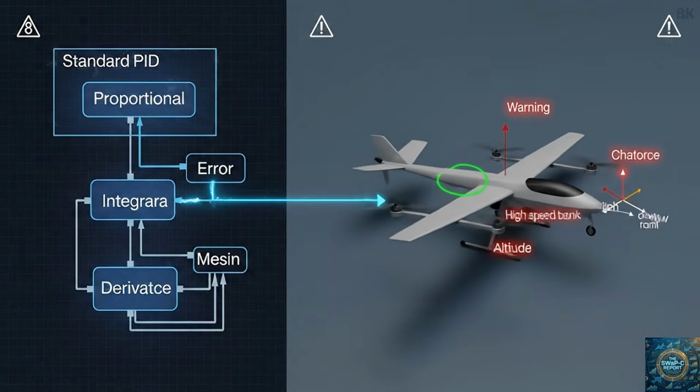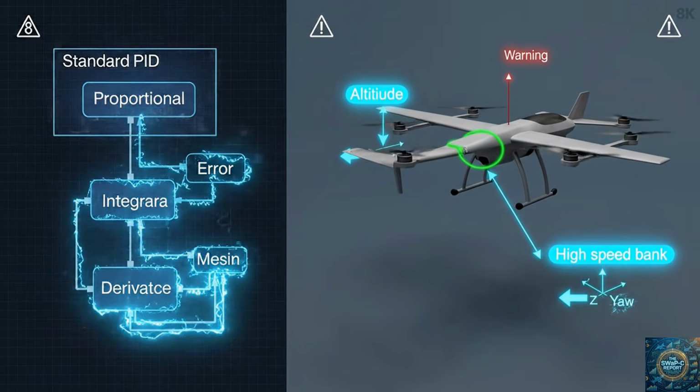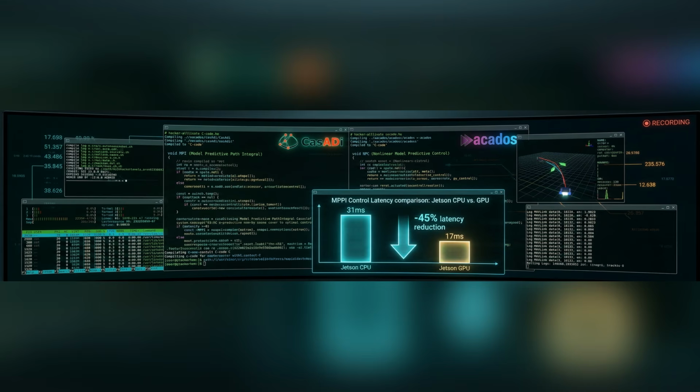To understand why PID is failing us, we first have to understand the chaotic reality of high-speed aerodynamics. A fixed-wing aircraft is not a simple, linear machine. It is a highly coupled, nonlinear system. When a fixed-wing UAV initiates a high-rate roll maneuver at high speeds, it does not just seamlessly bank and turn. That roll generates substantial adverse yaw due to asymmetrical drag, and the loss of the vertical lift vector induces a rapid drop in pitch. Furthermore, these aircraft are highly susceptible to atmospheric disturbances, where severe wind gusts act as unpredictable external forces that can instantly alter the effective angle of attack and sideslip.